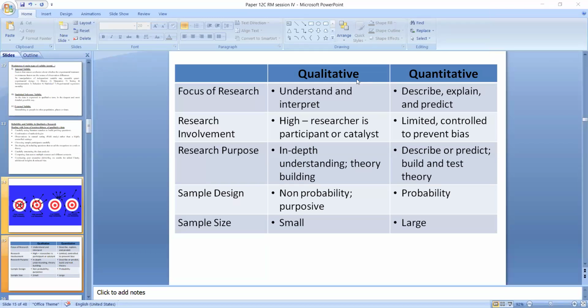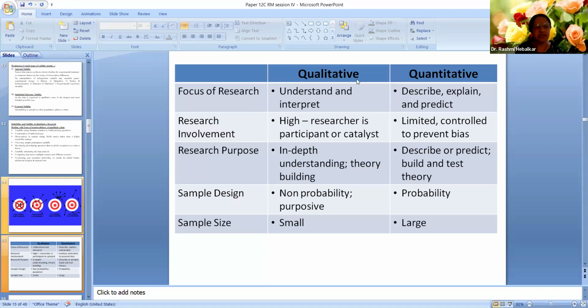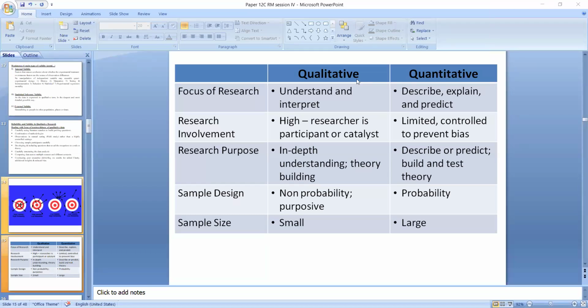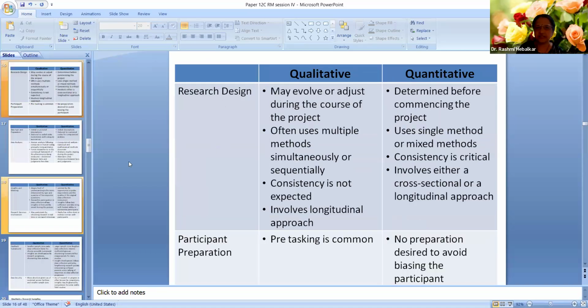Madam, I want to ask about non-probability and probability. We will cover that today. Probability sampling is based on statistical calculations. Non-probability is for that no calculations are required. For the time being, this is enough. When that slide comes, it will be easier for you to understand. Shall I go ahead? Yes, okay, next slide.